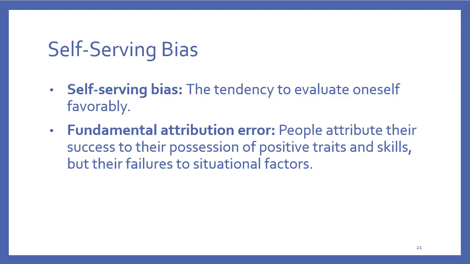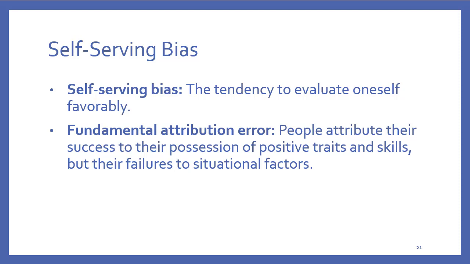Whatever it was, something else. The book uses the example of how students tend to look at grades, where if somebody gets an A on a test, it's because they studied and they worked hard and they're smart. But if somebody gets a D on a test, it's because the instructor gave them a D, or the test was too hard, or something else that was outside of them. It was external to them.